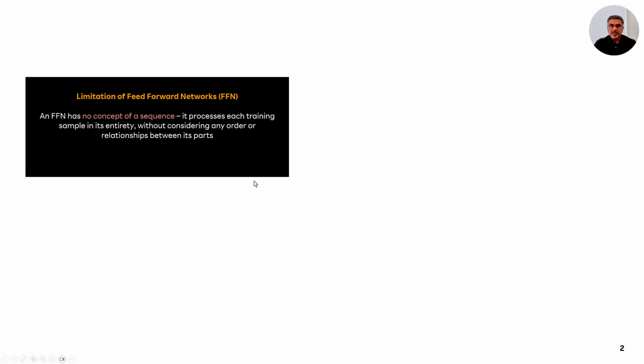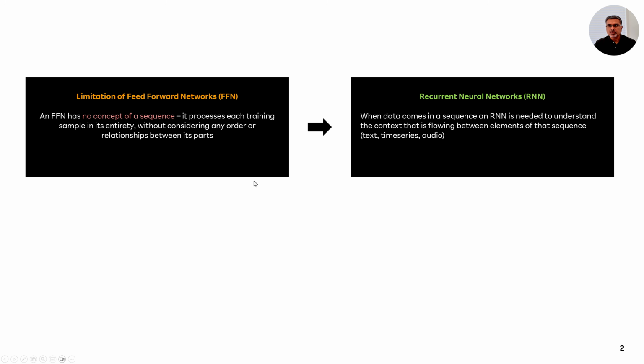And I showed you in the prior episode that using a recurrent neural network, you could solve that because a recurrent neural network understands that a sentence actually is a sequence of words and it needs to understand and recognize the context that is flowing across those words to determine the meaning of that sentence. The same thing with time series data or with audio. So there is a certain type of data where looking at the input as a sequence matters and understanding the context flow between the individual parts of that sequence is very important. And we studied this in the prior episode, season 2, episode 3.